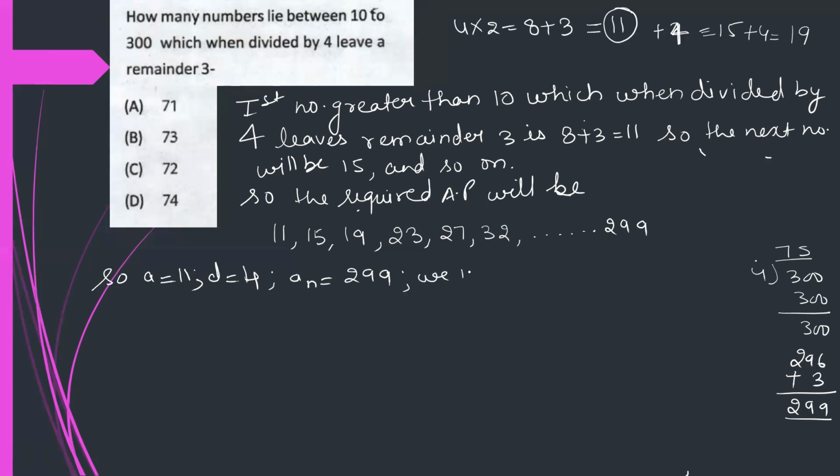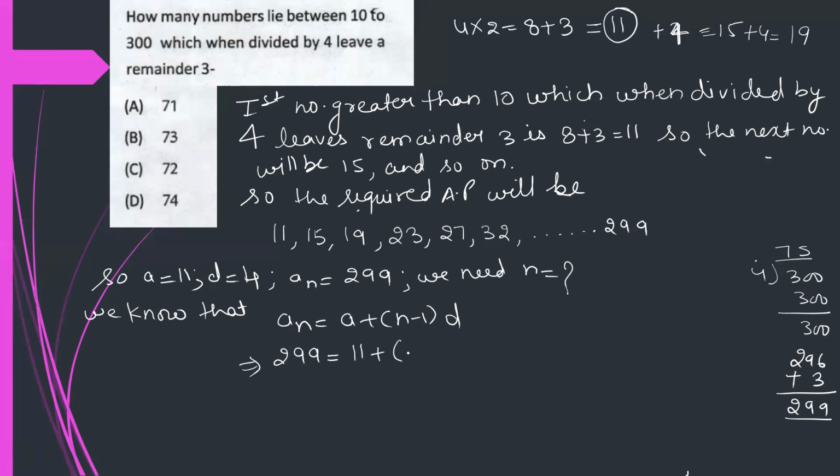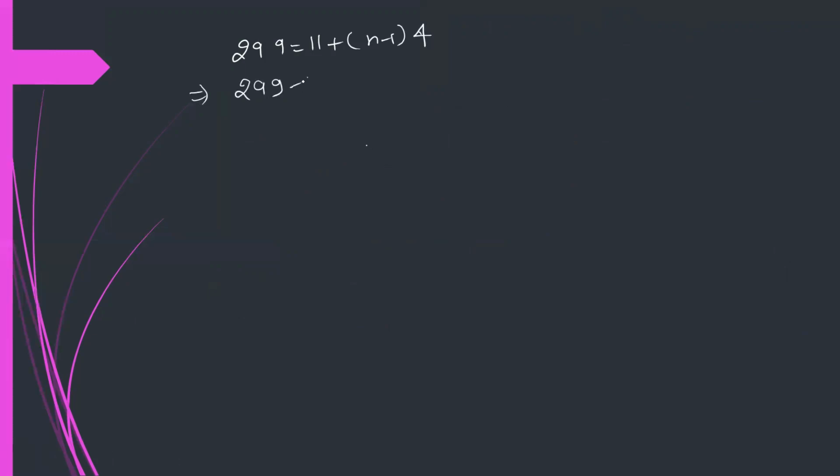We need to find n equals to what? We know that an equals a plus n minus 1 d. Putting the values into the formula, you get 299 equals 11 plus n minus 1 into 4. Solving further, 299 minus 11